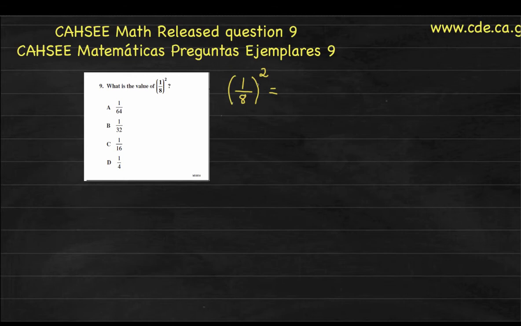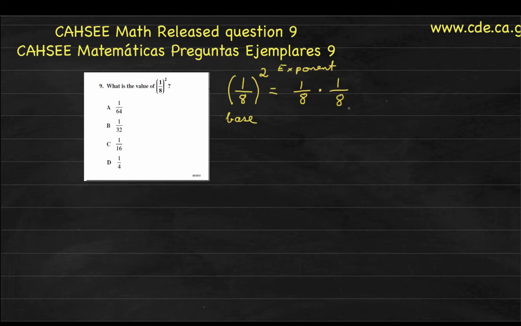That means that the base, which is the big number, the number below the little number, is being multiplied times itself. Here the exponent is a 2, so it says multiply times itself 2 times. So show the 1/8 2 times. This is the exponent. So I write 1/8 times 1/8.